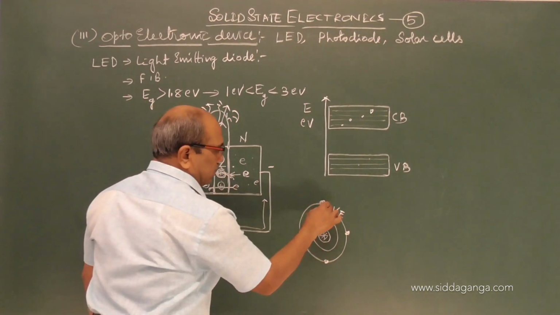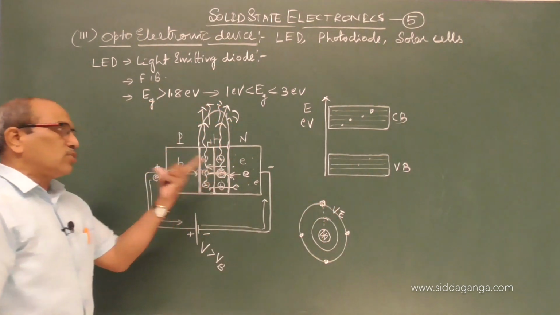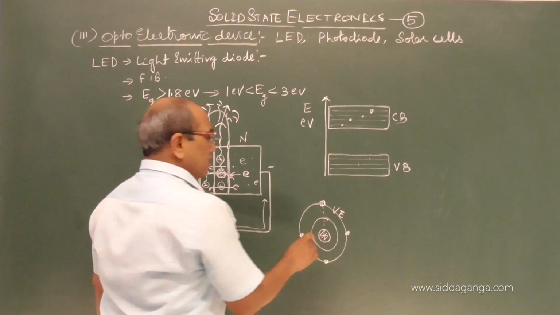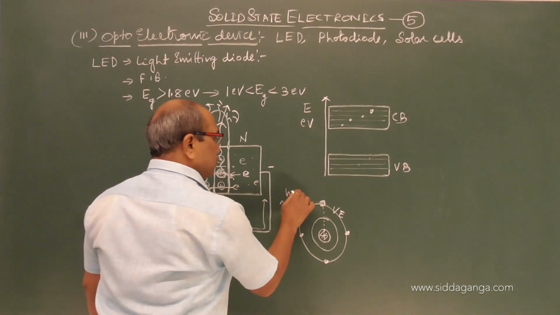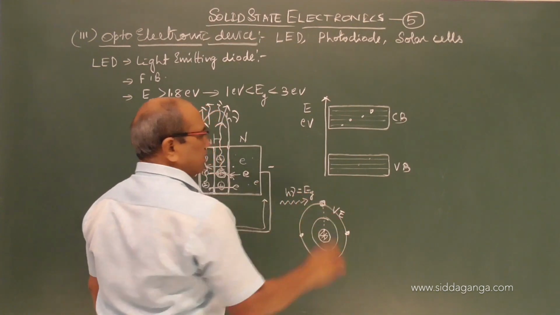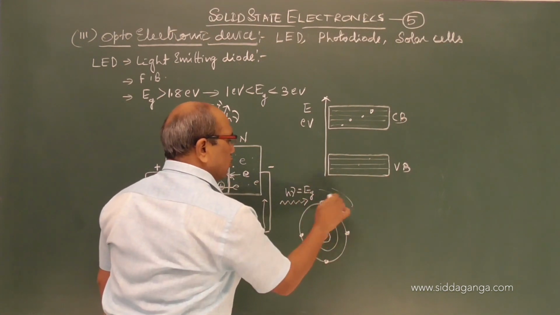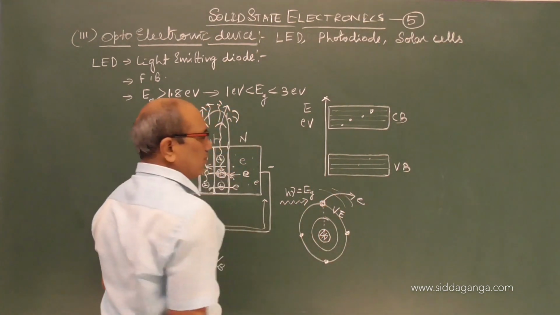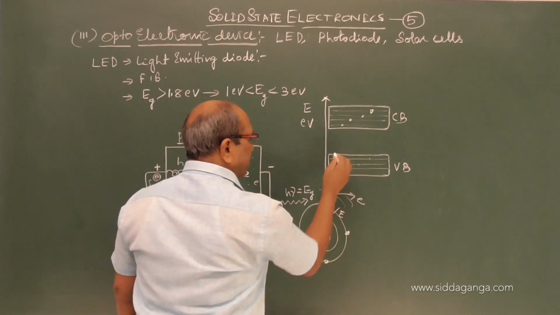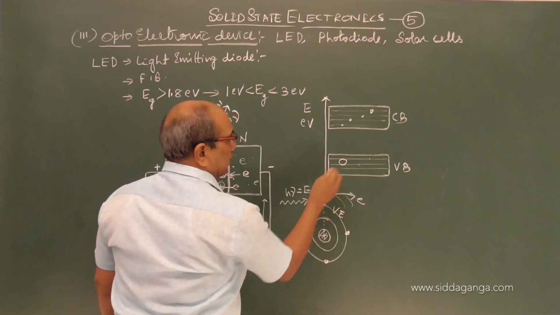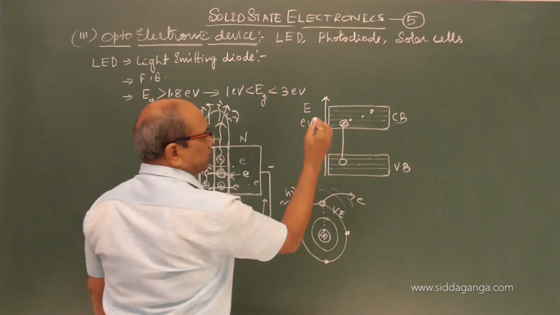Bound electrons means their energy is bound to the nucleus and they are not free to conduct inside the solid. But if you give external energy from outside, sufficient that it is equal to the energy gap, the electron may rise to higher and higher orbits and become a completely free electron. That free electron is called a conduction electron, leaving a hole, creating a hole here. That goes to the higher energy. This is a higher energy electron, low energy hole.